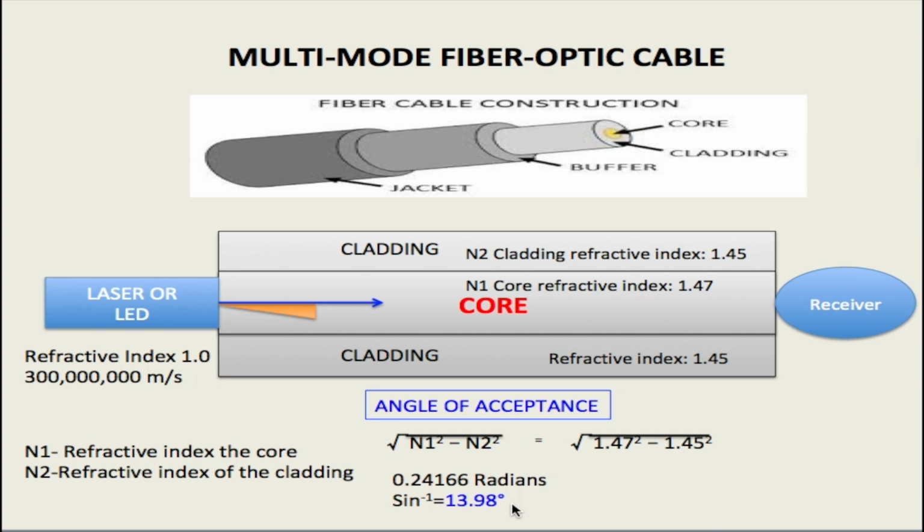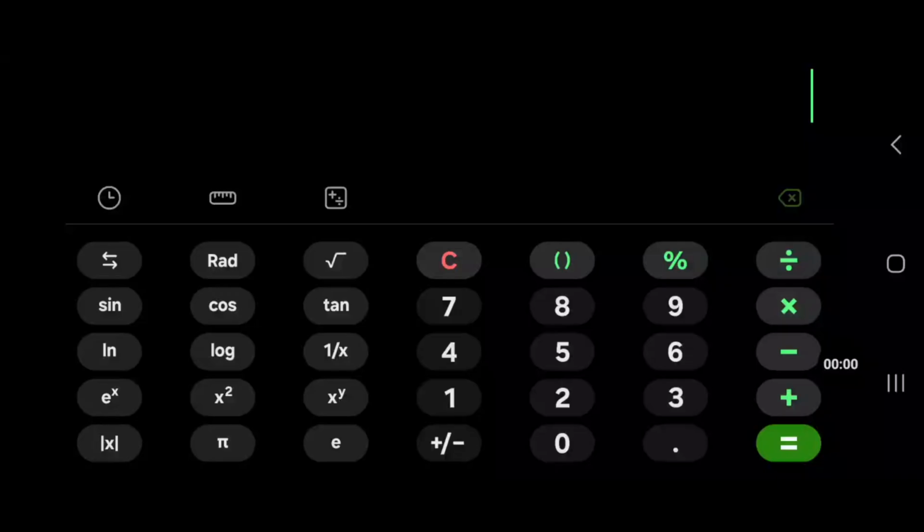Now, if any of you don't know how to do the inverse sine, we use a scientific calculator, and I'm going to show you how to do that really quickly before moving on. Okay, now this is a scientific calculator. This is a Samsung S20 that I'm using. I don't know what type of cell phone you're using, but all cell phones should have a scientific calculator. Normally you have to turn the calculator horizontally to see the scientific calculator. Now what I want to do here is find the inverse sine of